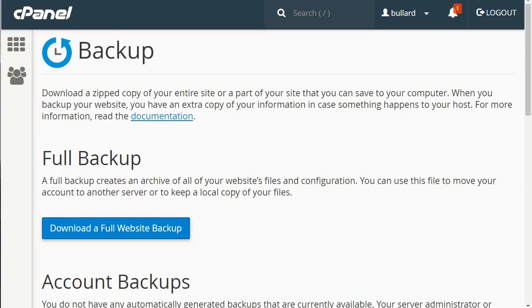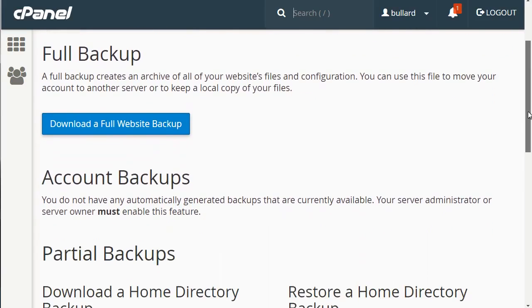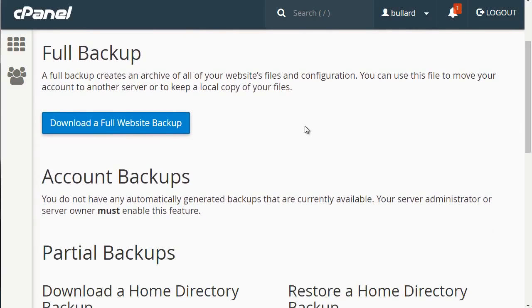So the first thing is backup, and this is what you see here. What this allows you to do is download a backup onto your computer. So rather than backing it up and storing it on your server, which yes, you could download it from there, you're downloading it straight from the server to your computer. So what you would do is simply click on download a full website backup. I'm not going to do it now because this website is big, but if you click that, it'll automatically download